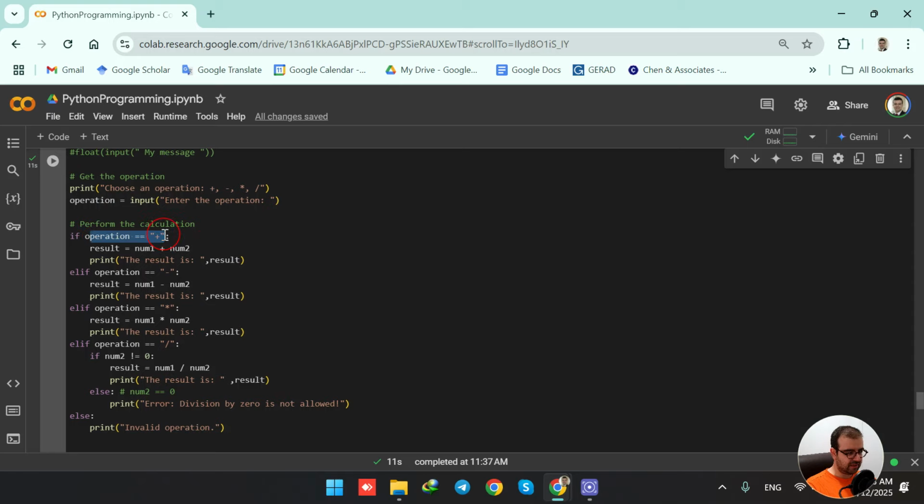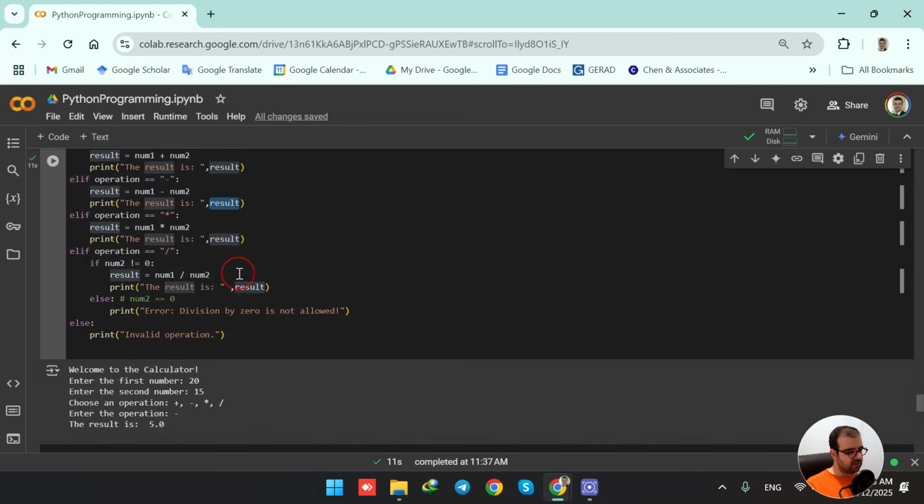Because this condition is not true, it's not going to execute this part of the code, and it jumps to the elif part. So the next condition, it says operation, is it equal to subtraction? Yes, because this statement is true, it is going to execute this part of the code. Therefore, the result variable is equal to num1 minus num2, which was 20 minus 15, and the result was 5